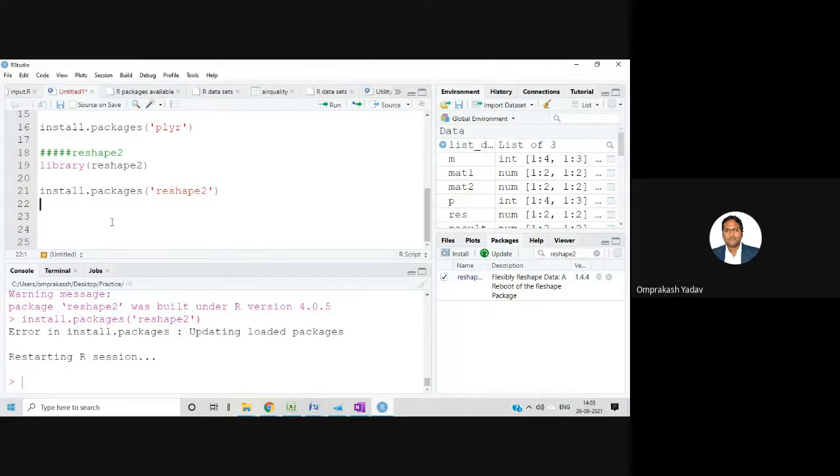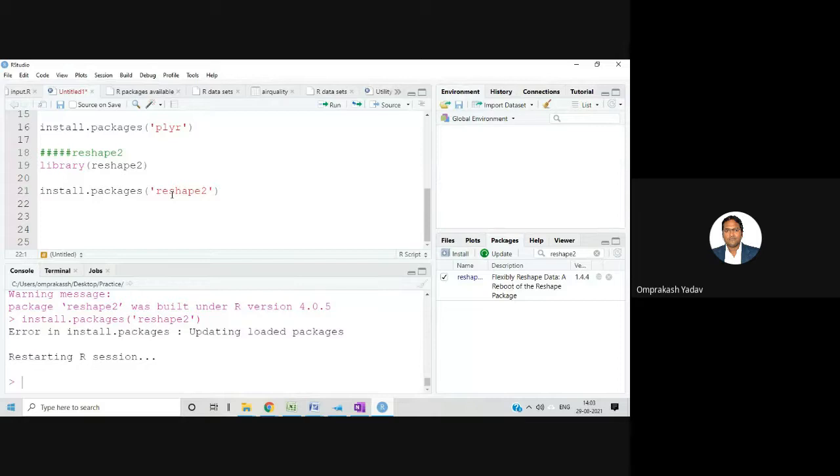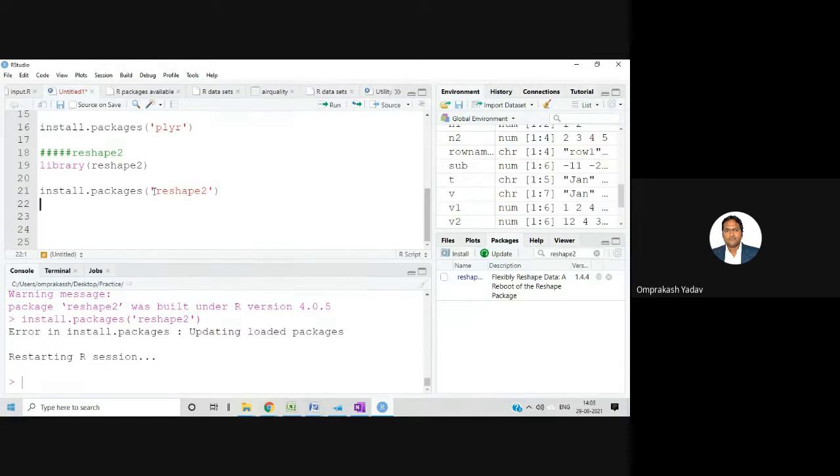Mine is already there, right? So if you do this one, install.packages, it requires only the internet connection and that will be installed. This single quote, if you are putting double quotes, it will not make any difference. You can put double quotes also, you can put single quotes also. But in install.packages, you need to put the single quote or double quote. Inside that, you have to write that package name. Okay, so what is the syntax? install.packages, inside double quote or single quote, you write the package name and that package will be installed.